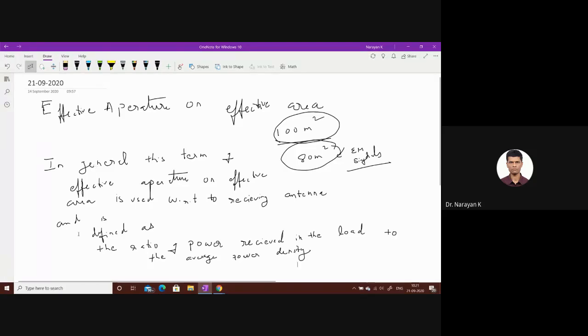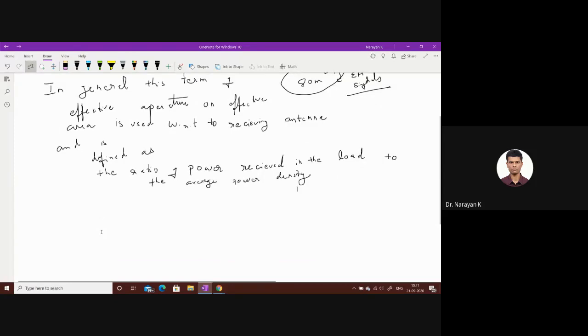Got it, all of you? Are you able to see? Yes, sir. So the effective aperture is equal to power received